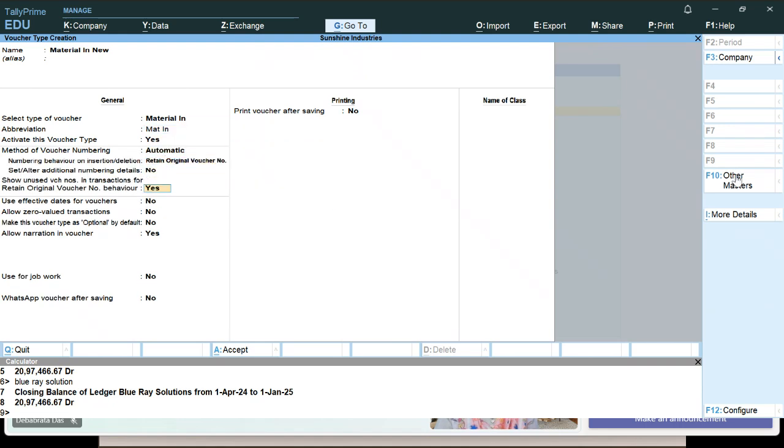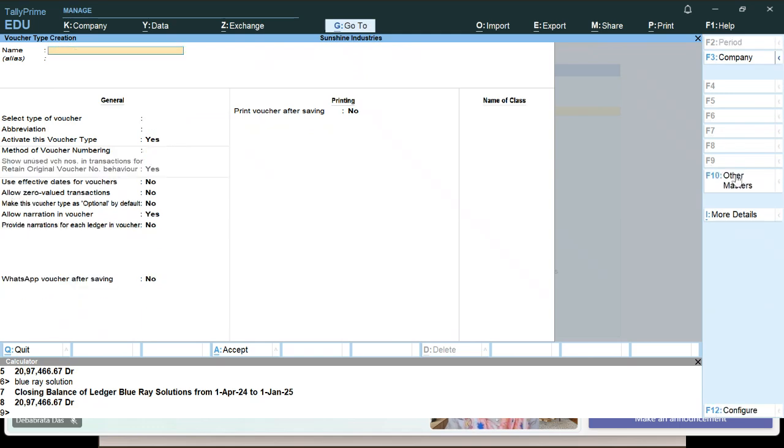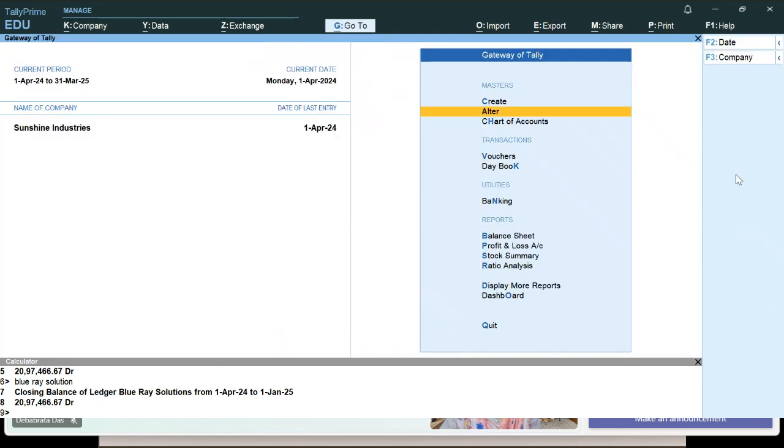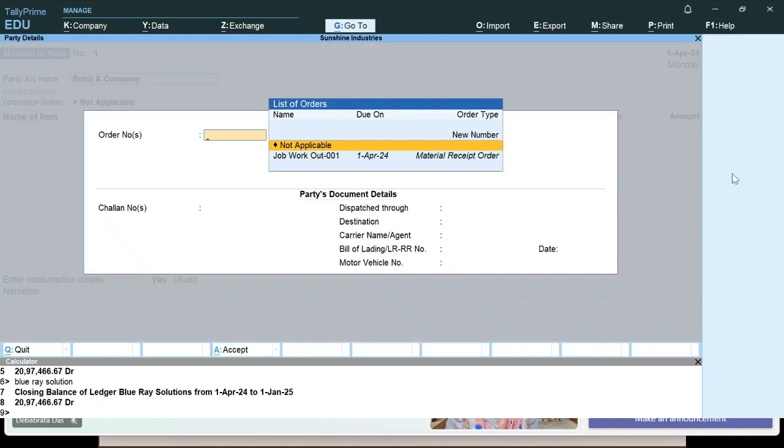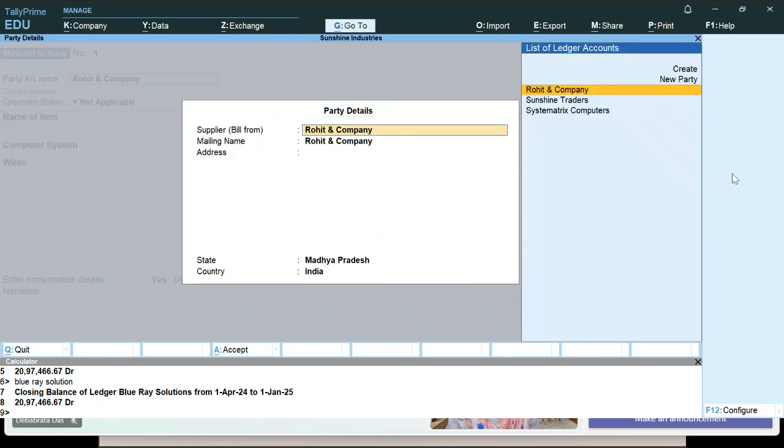Should be under material in, then automatic, everything, just used for job work, that is yes. Use for job work in, no. Right? Use for job work, but use for job work in, you should not set it yes. Then allow consumption, yes. Control A. Then you can find here the voucher. See, the order is coming. Control A,